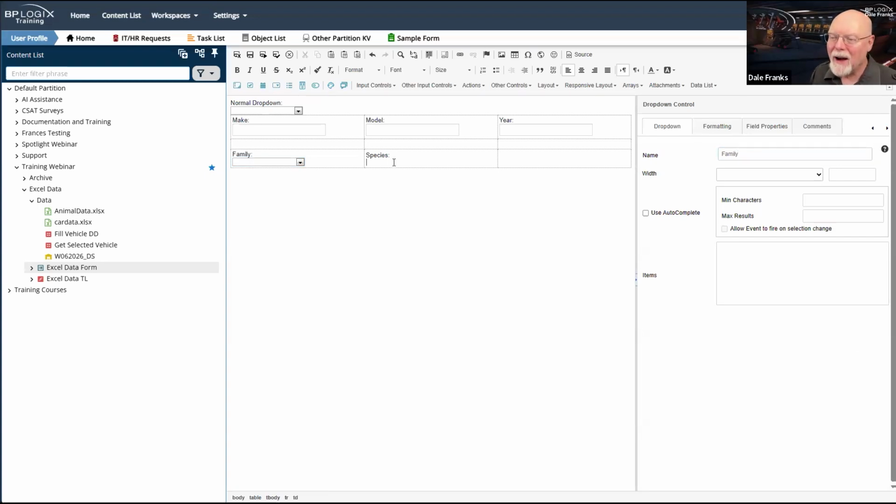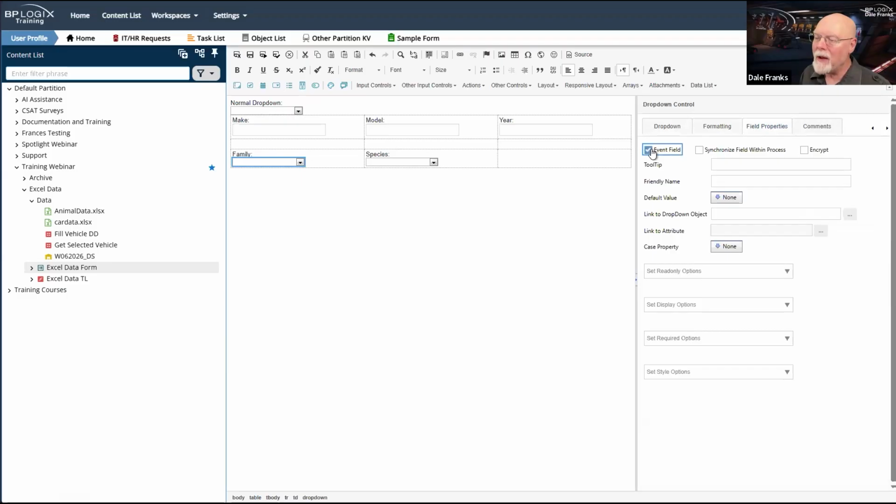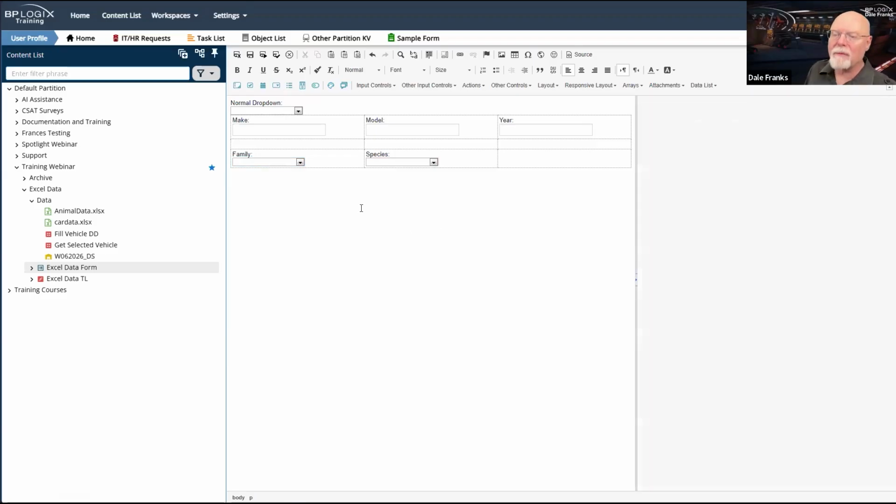And another drop down that we will call species. And once again, on our family drop down, we are going to want to make that an event field, simply so that we can fire an event that will refill and refilter the species drop down. So now I have two drop downs.